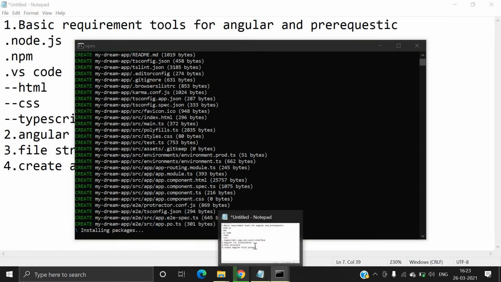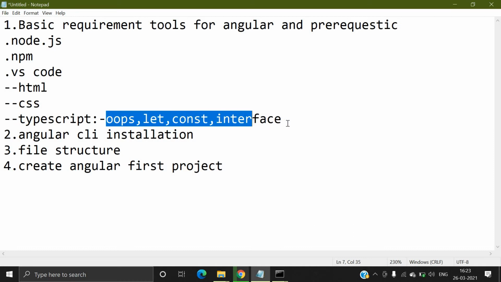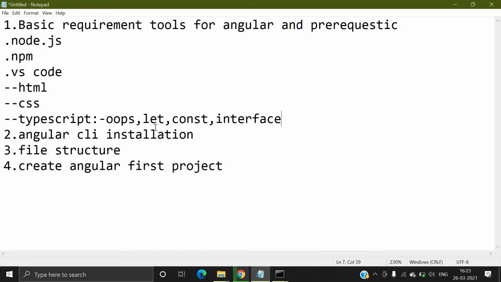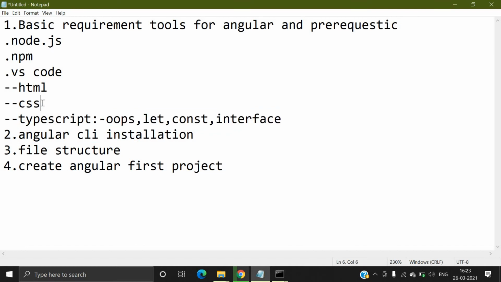So before that, let's talk about TypeScript. This is a basic thing, you must have basic knowledge of TypeScript. And for CSS, you need a basic understanding of what padding is, how to use padding and text align, how to change the background color, and how to use text color.